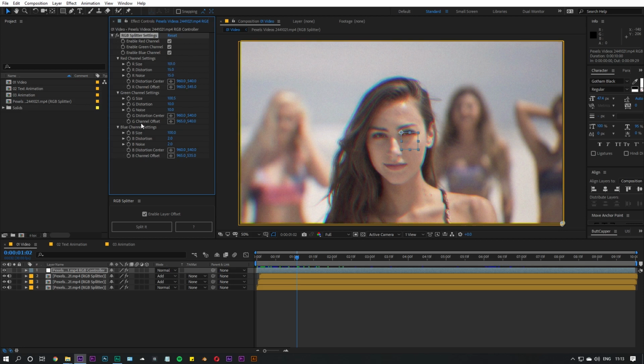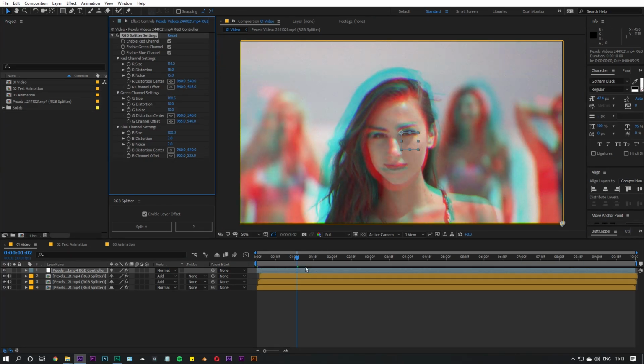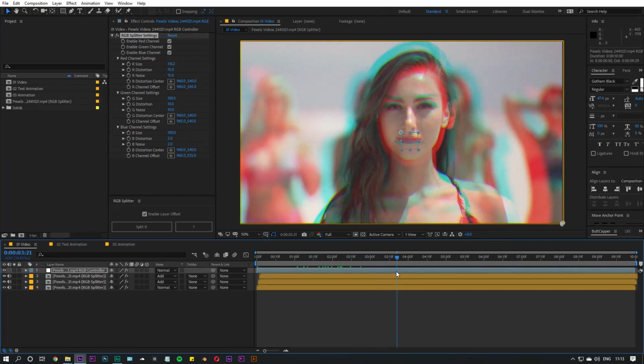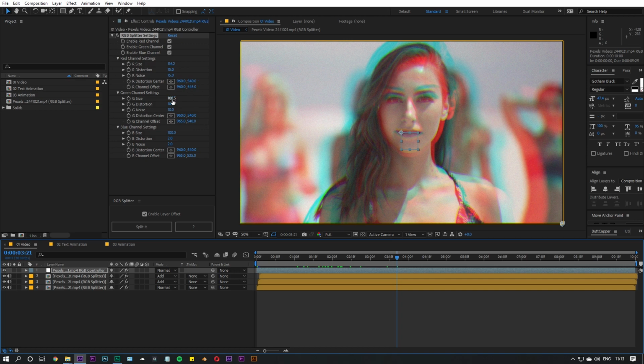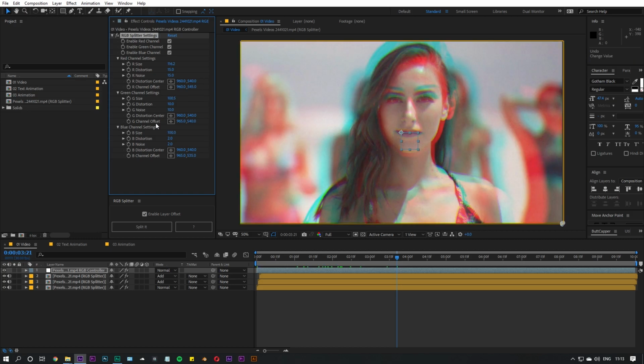And over here we can tweak each individual channel just by using these sliders. So for example, if you want to change the size, you can just increase it, and here you can see we have this different kind of look. And in the same way you can play around with the size and tweak the parameters for different layers just like this, and it will give you different looks for each kind of property.